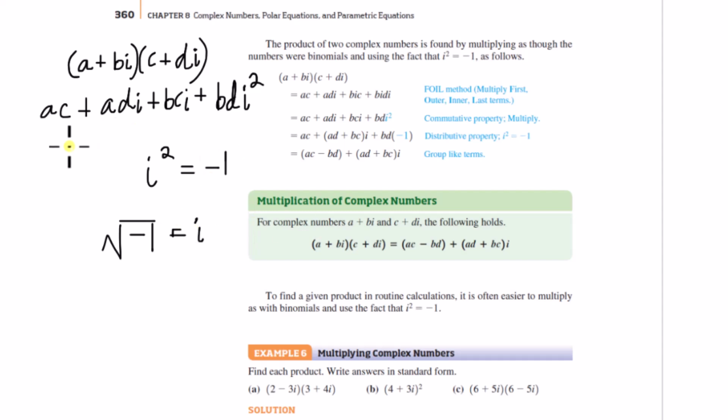So again, in a final simplified form, it would make no sense to ever leave I with some power other than 1, ever. If you had I cubed, or to the 4th, or to the 5th, you can always simplify that using this fundamental principle of the meaning of I. And at the end of this video, we're going to talk about simplifying any power of I. Okay, so you can simplify this because we know I squared is -1. That's the meaning of I. So we're left with